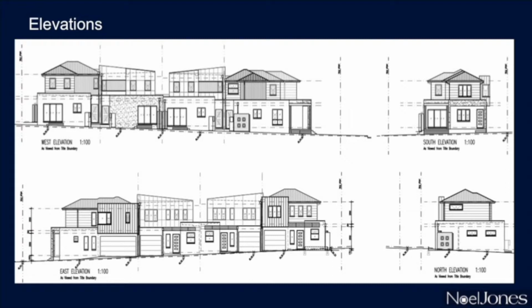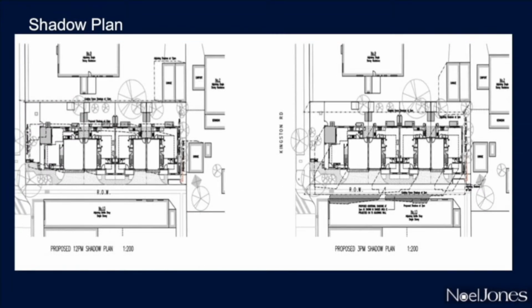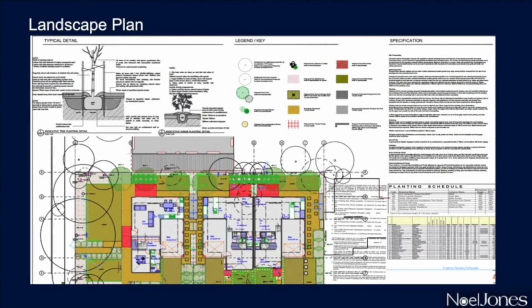We can also gain an understanding of how the units will look when viewed from both the north, east, south and west. Our shadow plan example reflects how shadows can be cast at various times of the day. Here we can see the impacts to the neighbouring homes at both 12 p.m. and 3 p.m. The landscape plan is often prepared by a qualified third-party representative and accurately shows the location of